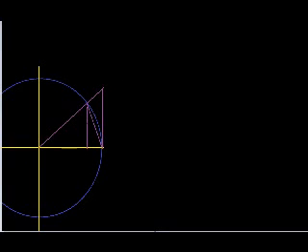Alright, today we are going to be proving that the limit as x approaches 0 of sine of x over x is equal to 1. Now, to do this, we're going to be using something called the squeeze theorem, and I'm going to assume that